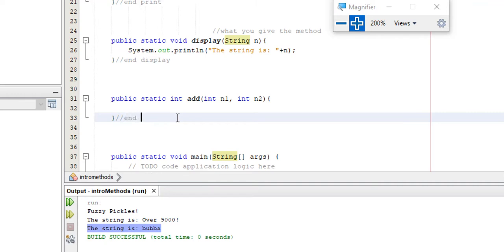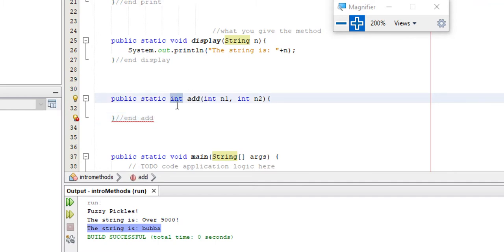Now notice I got an error already. In fact, it says missing return statement. Now if I make this an int, like I've got here, that means once this whole method runs, it's expecting me to give something back. In this case, it's expecting me to give an int back. So if I say